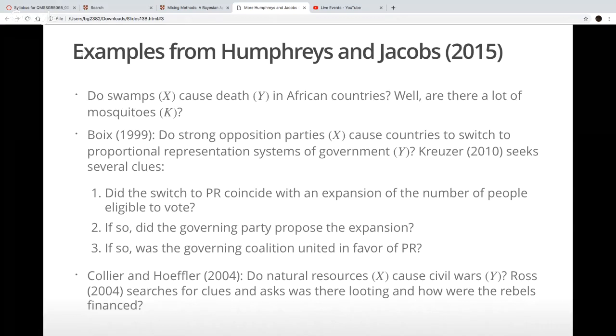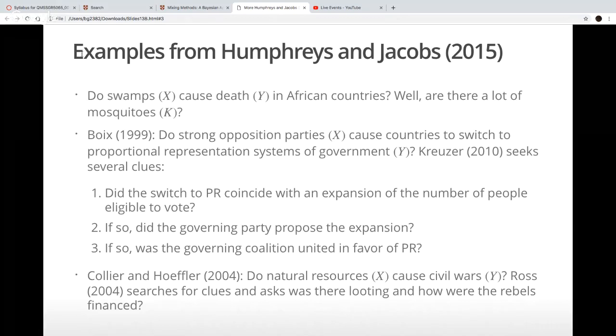but before we can do anything like that, I want to be clear on the examples that are given in Humphreys and Jacobs and how that fits into the framework for analysis, making causal claims in the absence of an experiment that they put forward. So the first example that they give, which I believe was only in the presentation rather than in the article, is: do swamps cause death